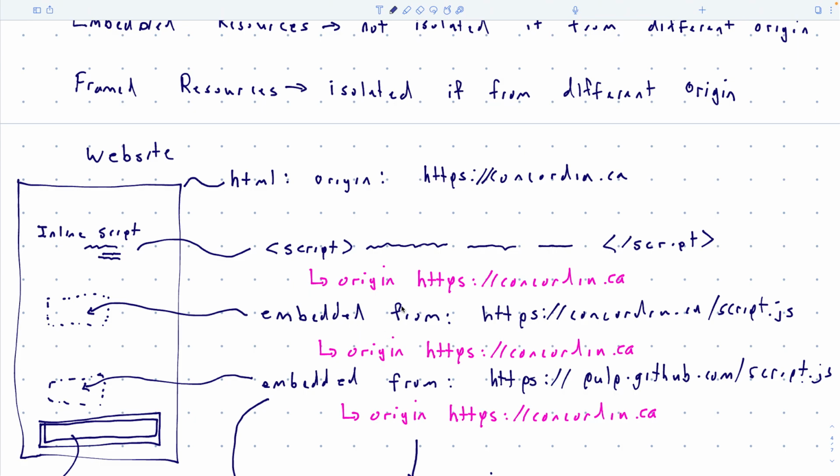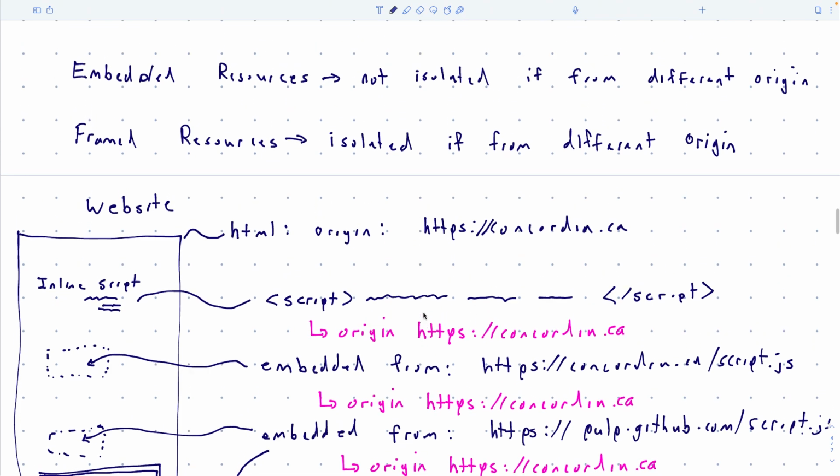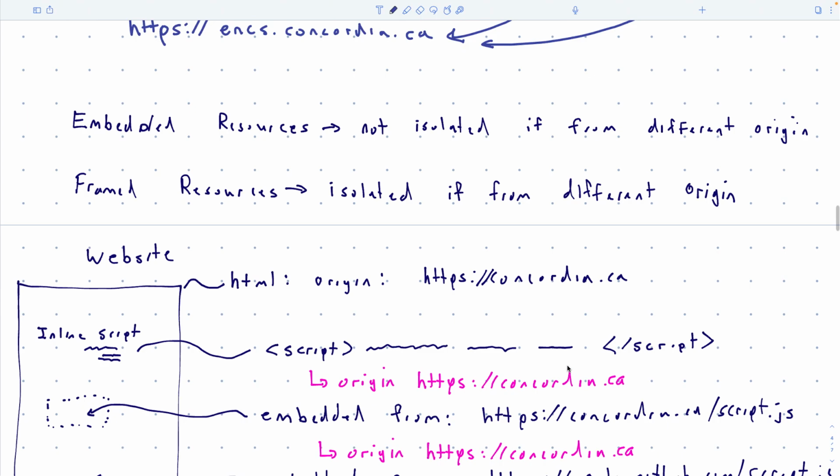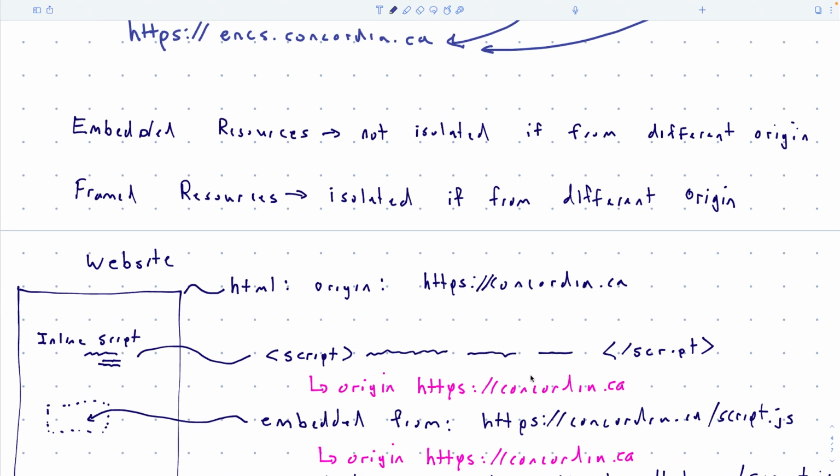All right. Now, the next example is I could pull the JavaScript from a URL. So instead of saying, here's the JavaScript that's right in the HTML, the JavaScript will be in a file, and I'll point to it. I still use the same script tag, but we call that embedding. So this is an inline script. This is an embedded script.